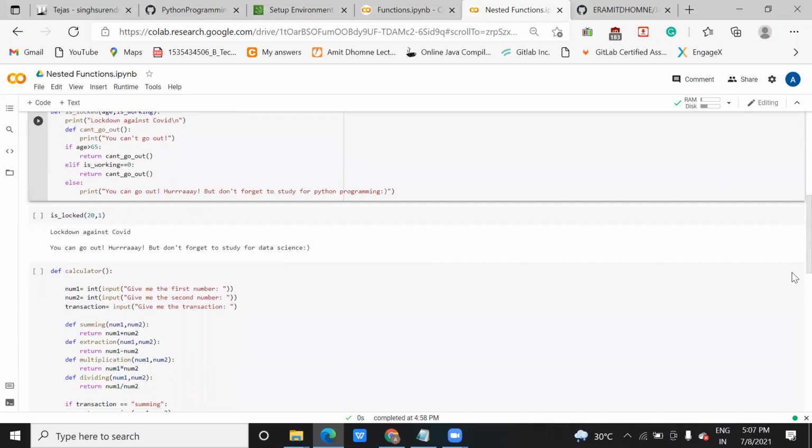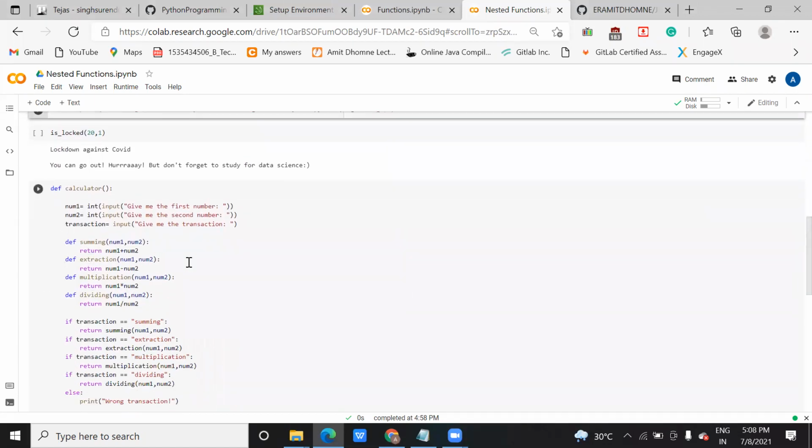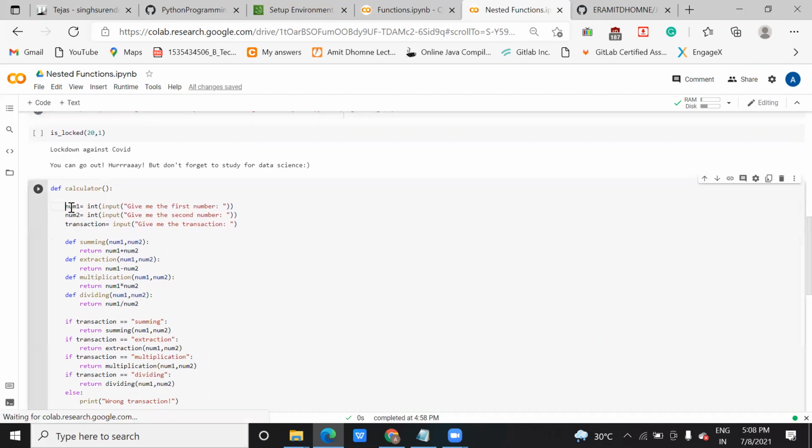Similarly, there is one more function, this calculator. I'm sure you can do it here. I have not given you an example where you accept an input from the user. Here num1 and num2 are accepting the input from a user, you know, right? Yes. So this will accept an integer value from the user.